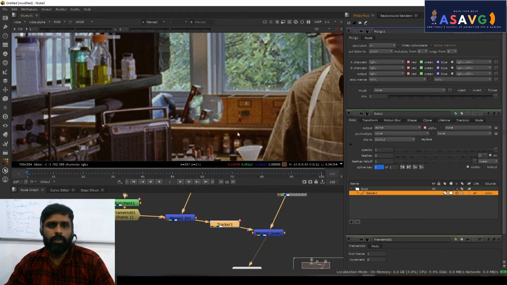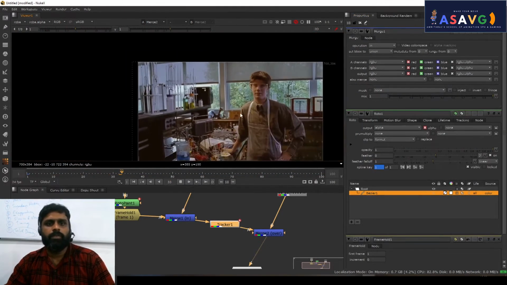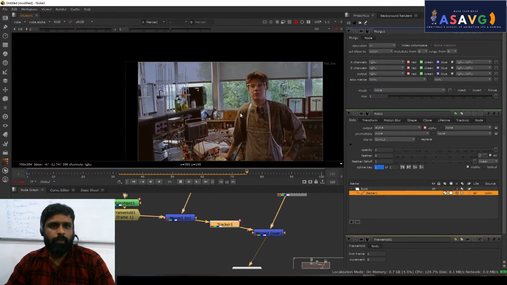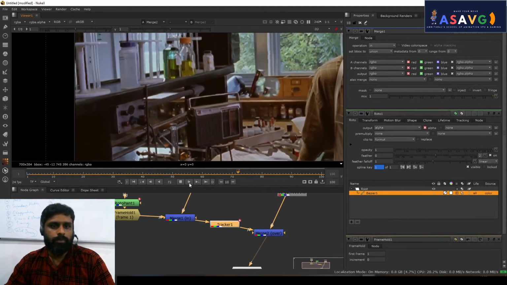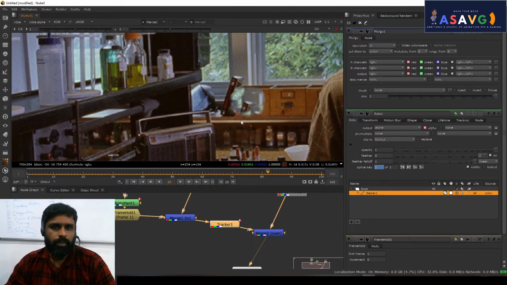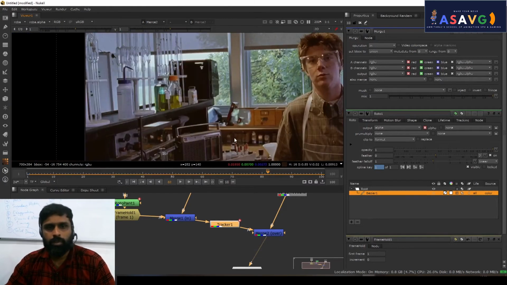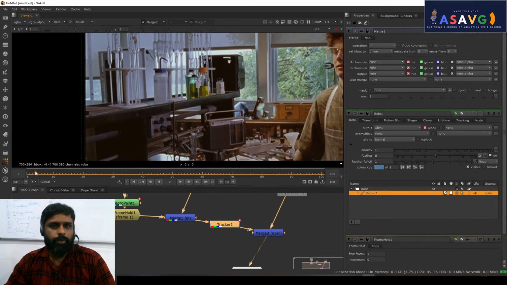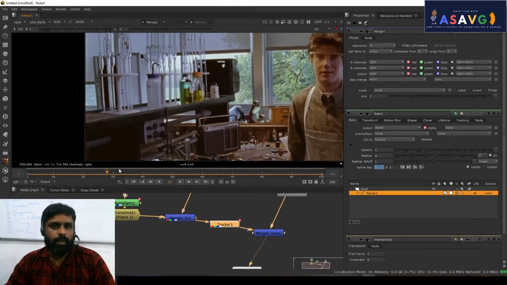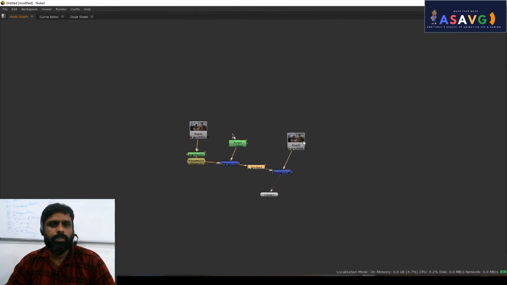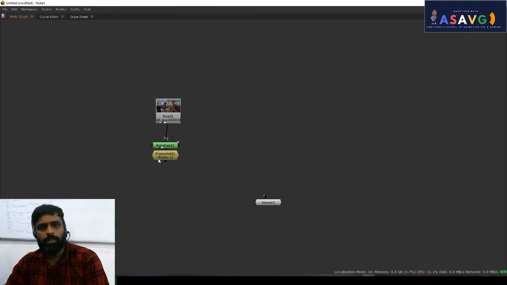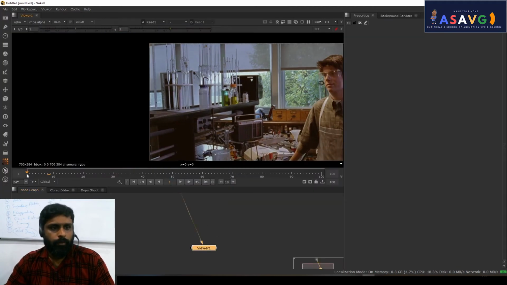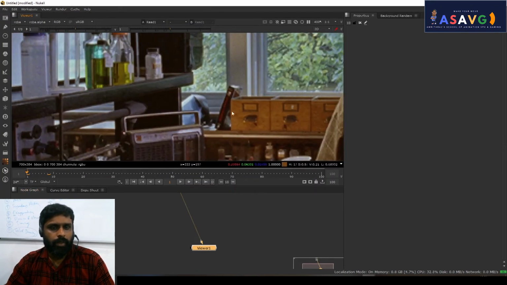Close all the things. Now if we play, we can see whatever thing we have cloned on that area. So if we remove, take time and remove, we can see the complete area has been removed. Okay, now we are going to add something over here. So the same procedure we can do. We delete all the things. First of all we will do a tracker. Okay, so I want to add this thing right here.